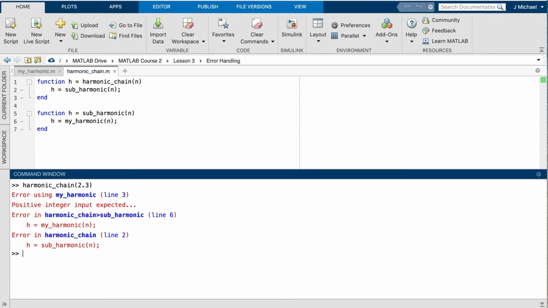We called harmonic chain with a value 2.3, which causes an error, and it called subharmonic with the same input, which called myHarmonic with the same input. The error function was called while myHarmonic was running, so we have a chain of function calls. Harmonic chain to subharmonic to myHarmonic, which throws the error. When the error was thrown, myHarmonic was on top of the activation record stack, and all this red stuff with some blue stuff sprinkled in